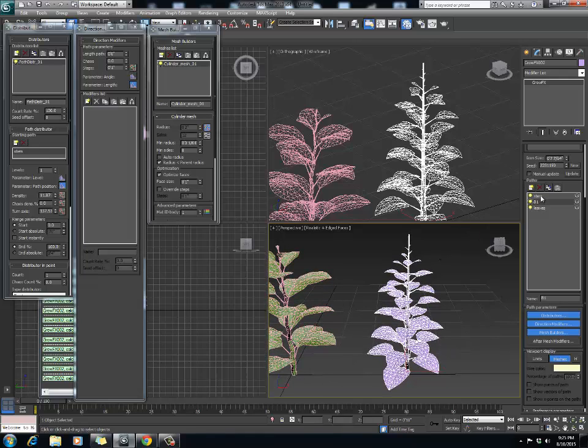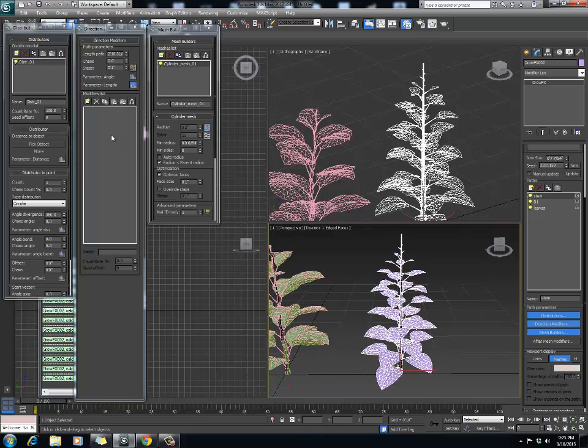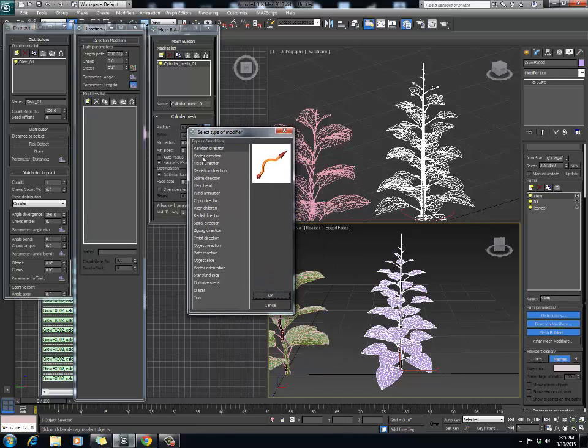So let's go to the stem. We're going to adjust stem 1. The plant now grows properly. So if you're watching this just for plant growth, it's doing its job now, so you're good. Now we're going to create a modifier on the stem path, and first thing we're going to do is